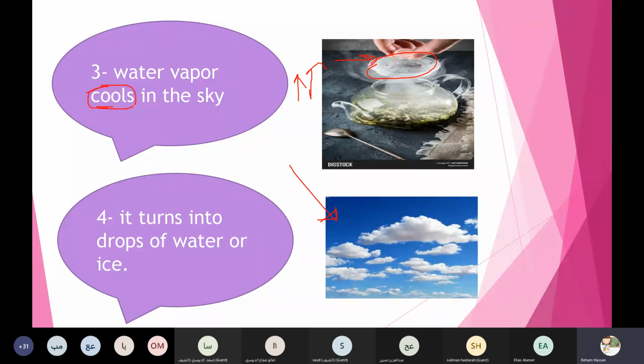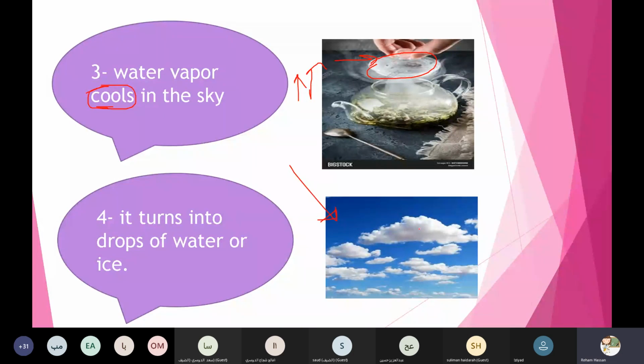Okay, Ziad. Yes, I am. Asil, number 3, the water vapor. Yes, teacher. So wait, honey. Yes, Asil, the water vapor. What happened to the water vapor in the sky? Is it heat or cold? Yeah, it is cold in the sky. If it is cold in the sky, it turns into the clouds. Now it gives us the clouds. It forms the cloud. Thanks a lot, Asil.